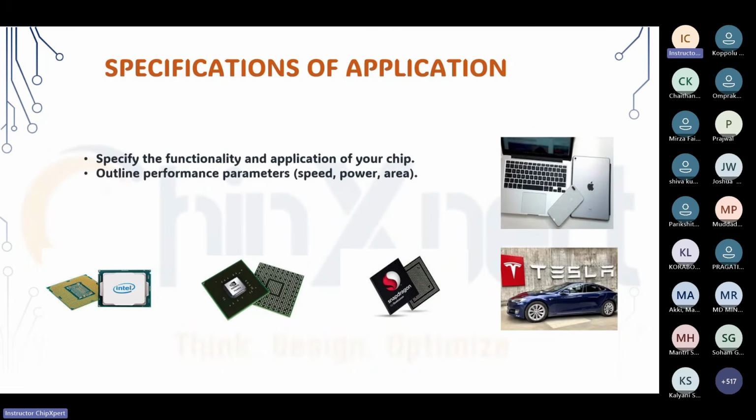Okay, so specifications. Whatever you are using the chip in, a laptop or a car, it requires a chip. It will be created based on parameters, like how much speed the chip has to work at. You see that a chip is working at 2 gigahertz. Can someone say what 2 gigahertz means? It means the clock period, basically, right? The clock period is inversely proportional to the speed. How is it inversely proportional to the speed? 1 gigahertz is equal to 10 to the power of minus 9 seconds.